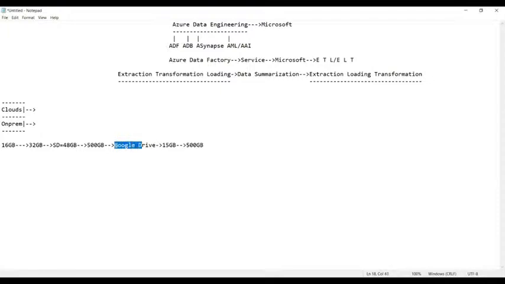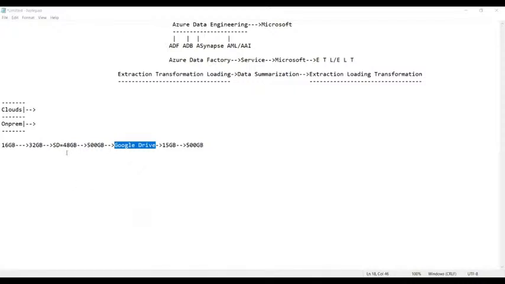So when you store data in Google Drive, whose responsibility is your data safety? Google's. The security of your data is the responsibility of Google, so you need not worry about it. And the second thing is that you can retrieve it whenever you want, without any problem, irrespective of the location.